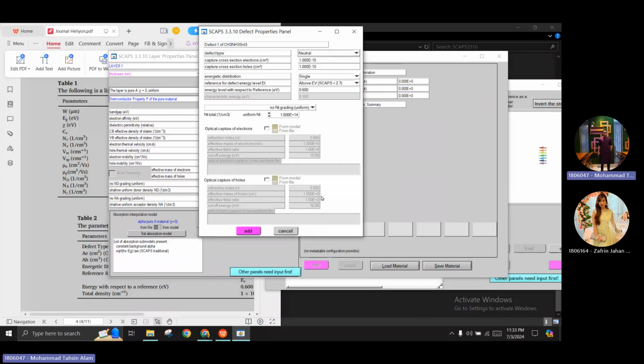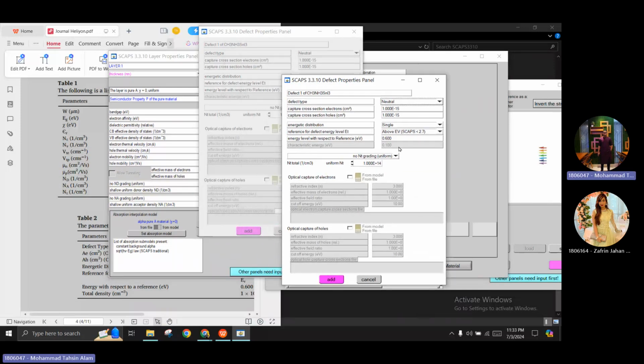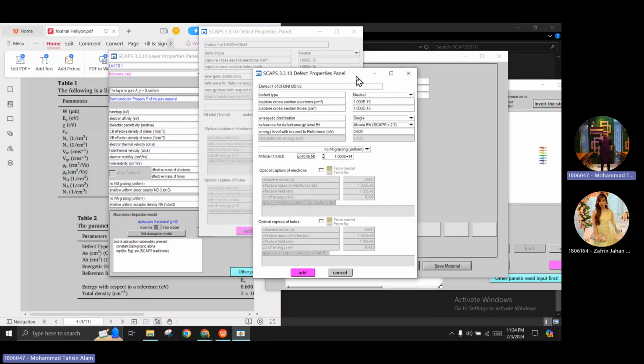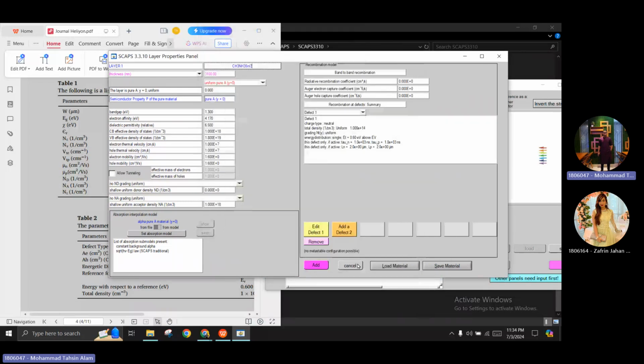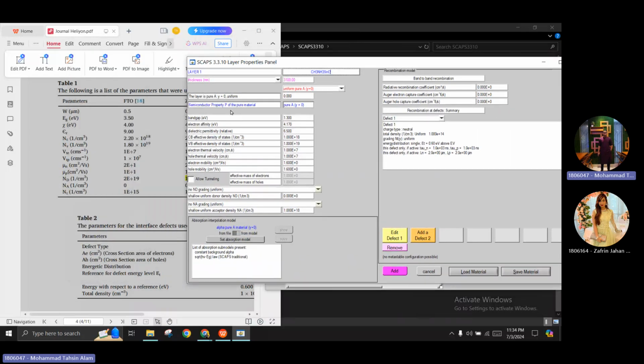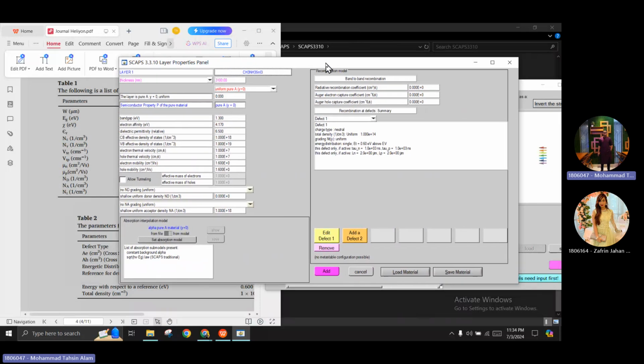So click this. Here you can set the value of the total defect density of the bulk material of the absorber layer. Normally you should keep this between 10 to the power 14 to 10 to the power 15. So let's keep it 10 to the power 14, and no need to change anything else. Click add. After you put the values from a paper into this box,